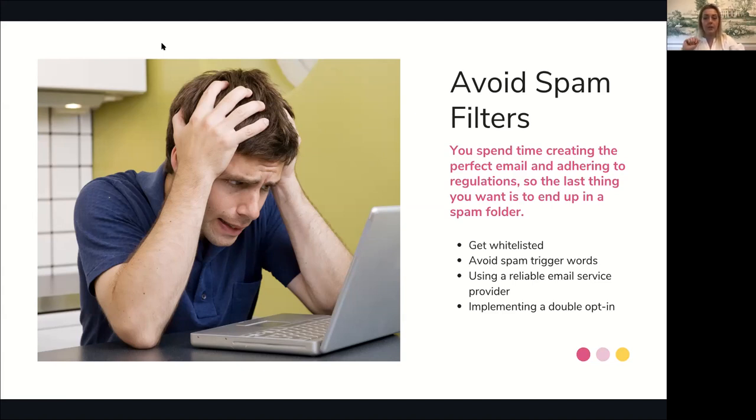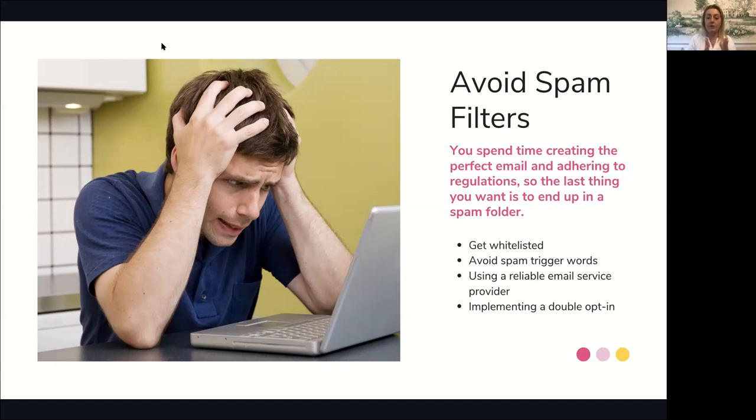You should avoid spam trigger words. Just like on Instagram, there's banned hashtags. There's trigger words that email, like a Gmail account, will pick up and automatically be like, oh, that's spam, and plop you right into a spam box instead of putting you into the inbox. Again, you can do a quick Google search and find those spam trigger words. Make sure you're not using those in your subject lines. Use a reliable email service provider. Constant Contact, MailChimp, and HubSpot are reliable email service providers.